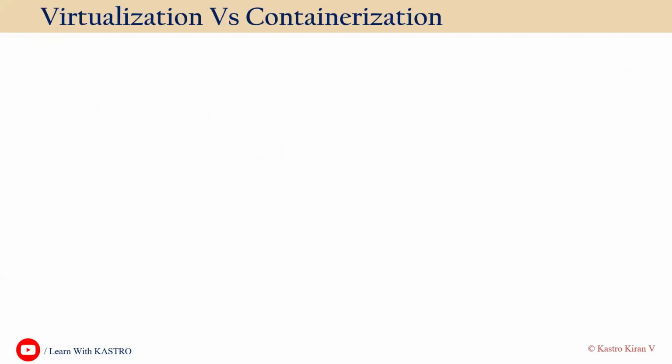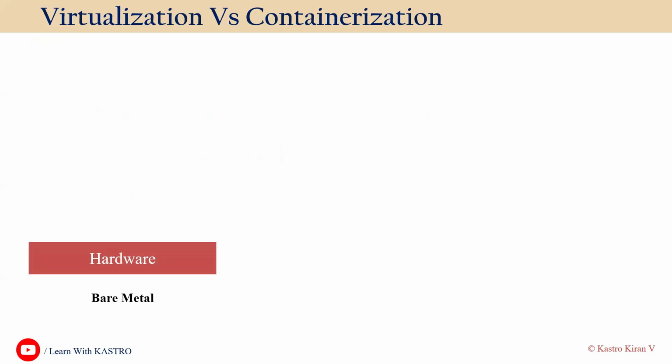So firstly, let us understand containerization and virtualization. Before talking about the virtualization concept, we need to understand the concept that was there before virtualization came into the picture. That concept is known as the bare metal concept. Now, what is meant by a bare metal concept? In bare metal, we have the hardware components. Hardware components include RAM, ROM, the processor, all these things come under the hardware components.